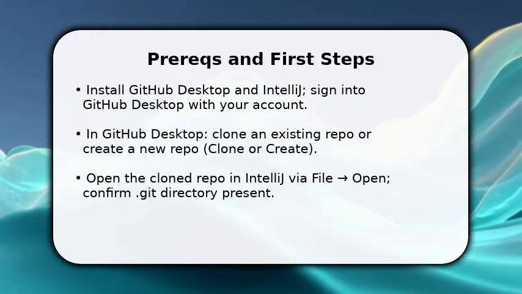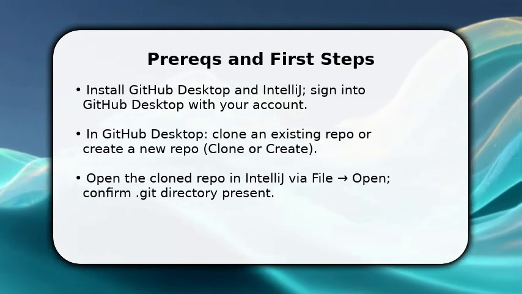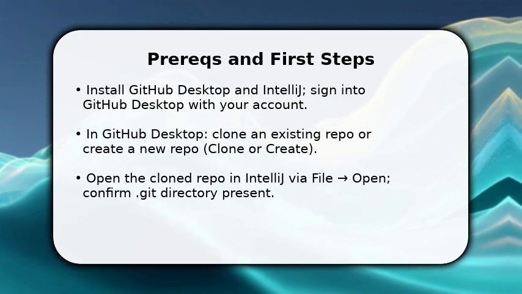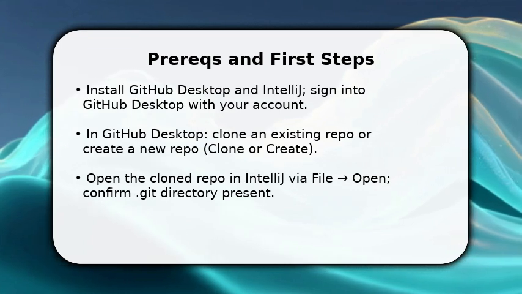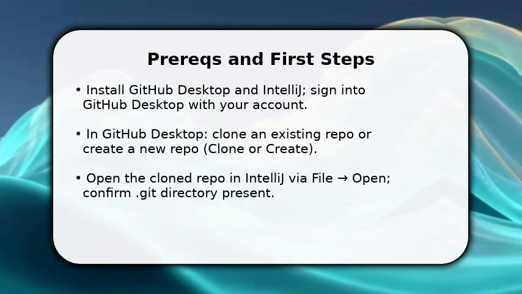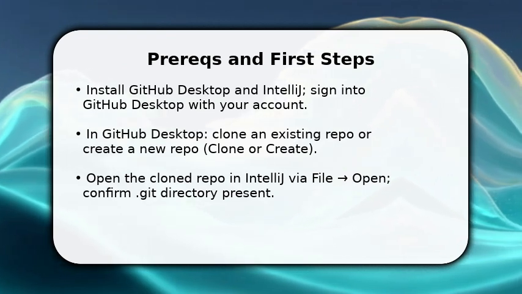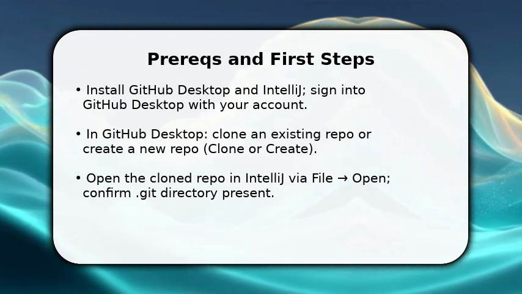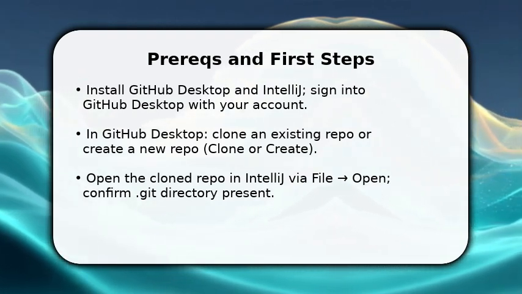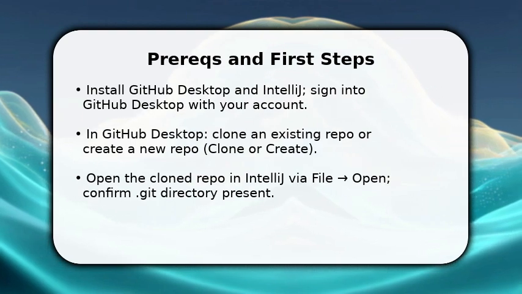You start by ensuring GitHub Desktop and IntelliJ are installed and you're signed into GitHub Desktop. Once signed in, clone the repository in GitHub Desktop or create one there. Cloning gives you a local folder with a Git directory. After clone finishes, open that folder in IntelliJ with File > Open so the IDE loads your project. Make sure GitHub Desktop shows the current branch and recent commits, because you'll switch between the apps to stage, commit,